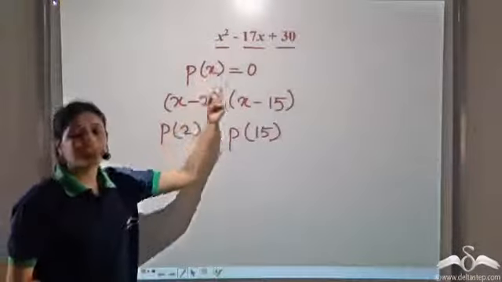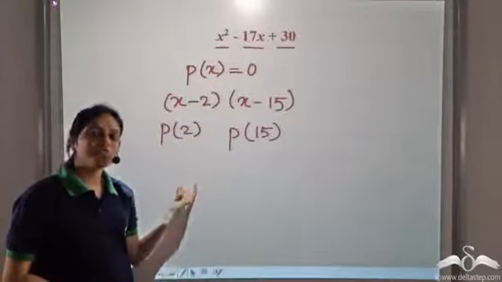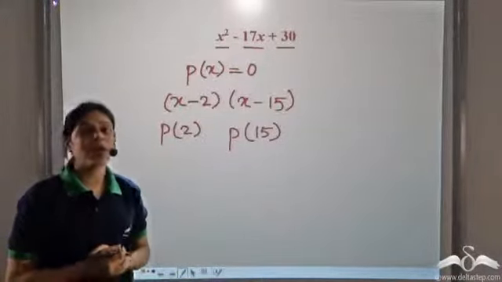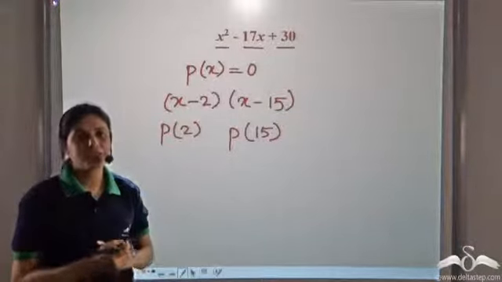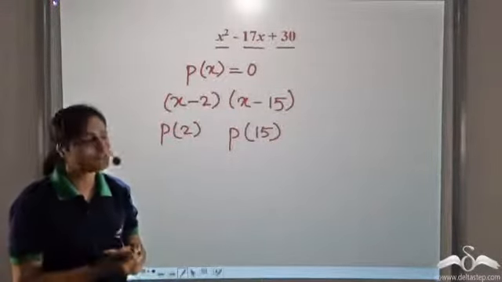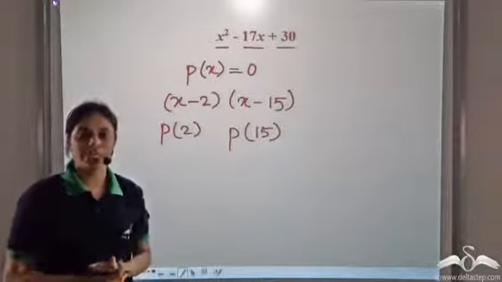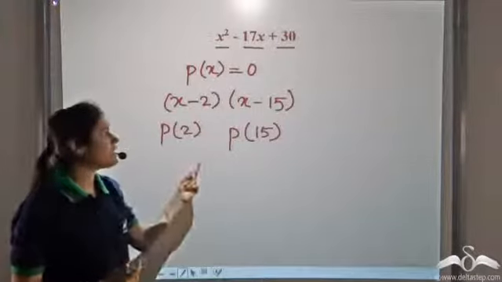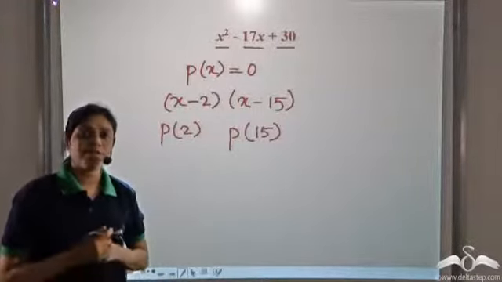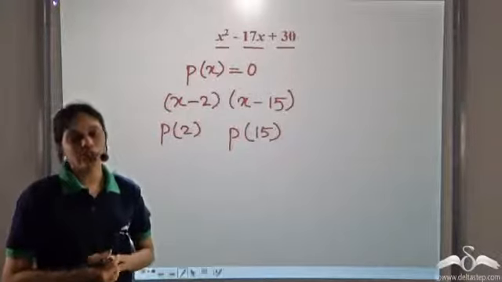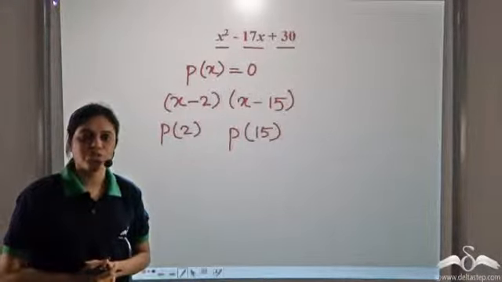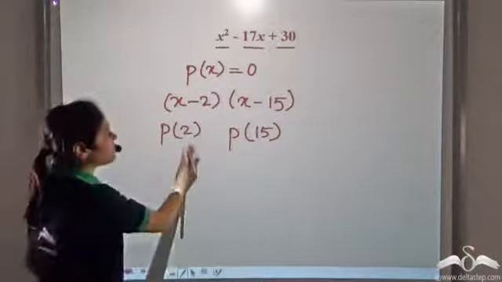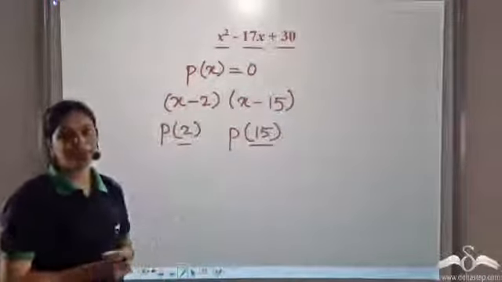So if you have to factorize it using the factor theorem, and if you follow the trial and error approach, then think of the possibilities that you will have to try. 1, -1, 2, -2, 3, -3, continuing up to 15. So you have to try so many possible combinations in this very case. And there may be cases where you'll have to try even more number of possible combinations. So how do you limit your possibilities? Is there any way in which we can limit the possibilities which we have to try?